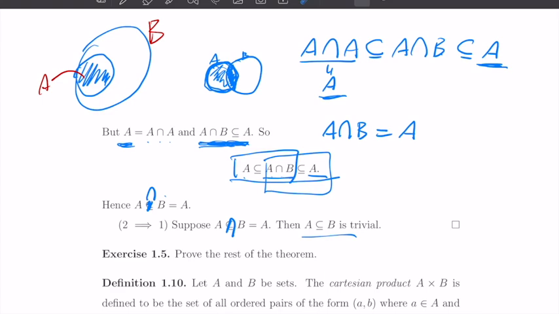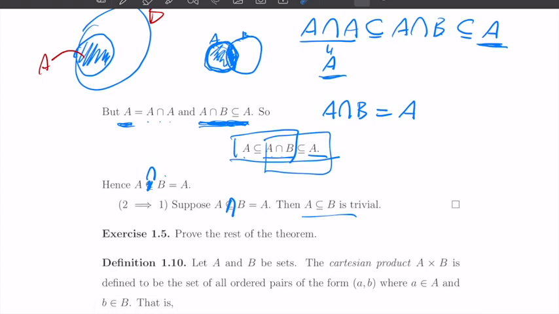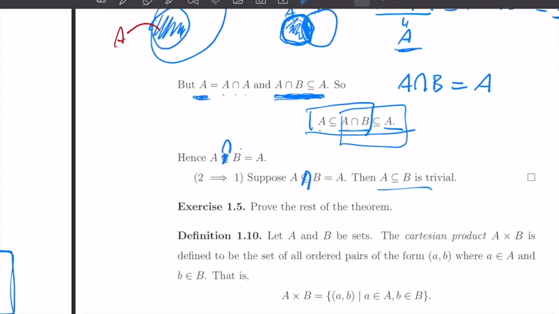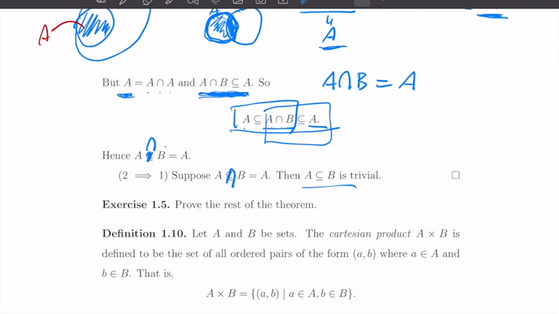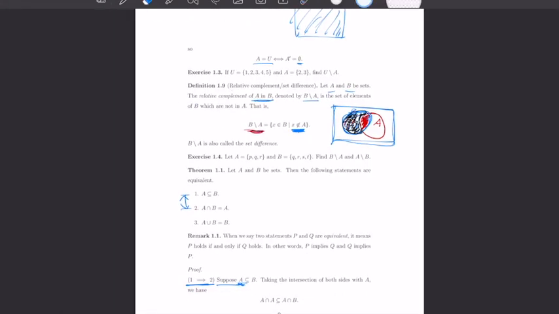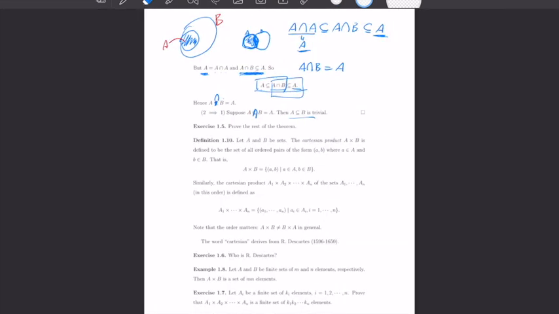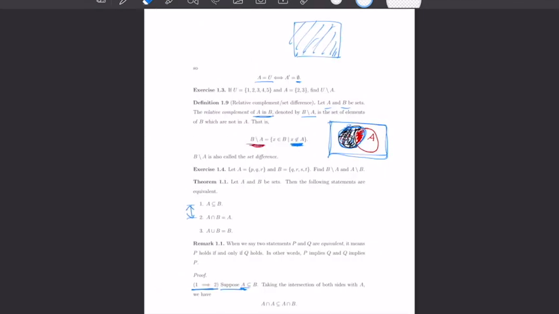Okay? So that's all I show for this theorem. And the rest is your exercises. Exercise, right? So what you need to do is assume 1, then prove 3, and vice versa. Assume 2 and prove 3, and vice versa. Okay, that's exercise. But you can use the similar technique